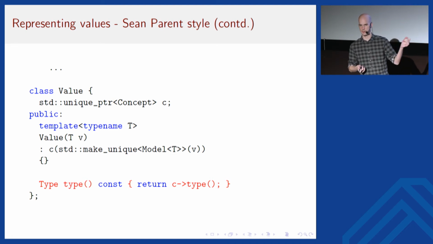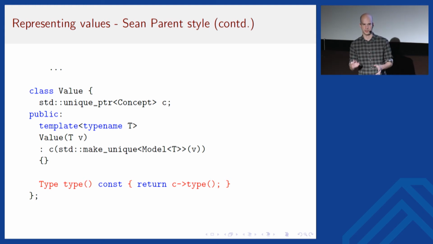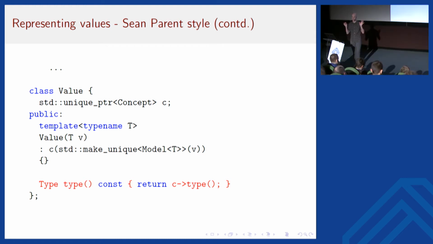And the nice thing now is that my number and string classes are still unrelated classes. There are no virtual function calls on these classes. So as soon as I know that I have a concrete number type, I don't pay for virtual function calls, but I still can use them in a polymorphic context if I put them in such a value container. That is in really brief words what this is about.